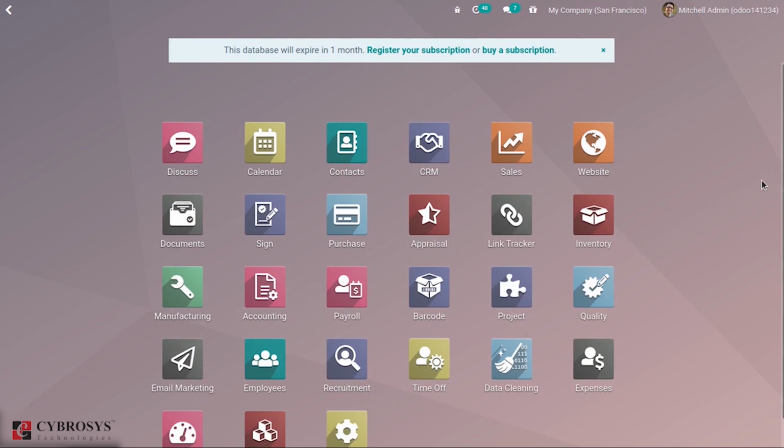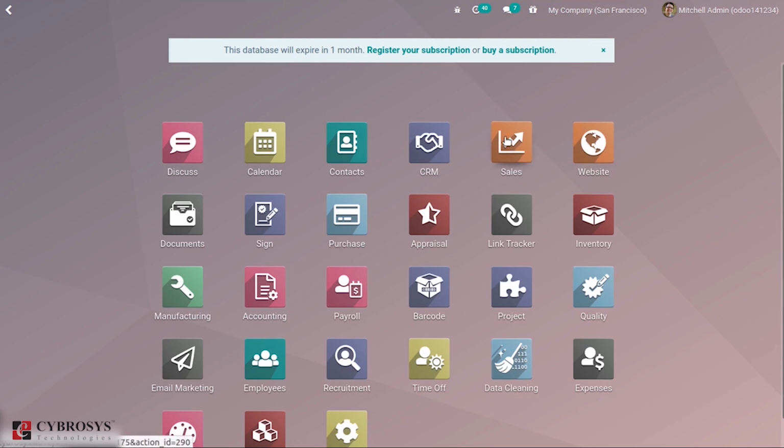So sales is an important aspect of any company's operation. These sales operations need to be effectively managed in order to bring customers and good profits to our company. So this module is an ultimate solution for all aspects of sales operations in your company.